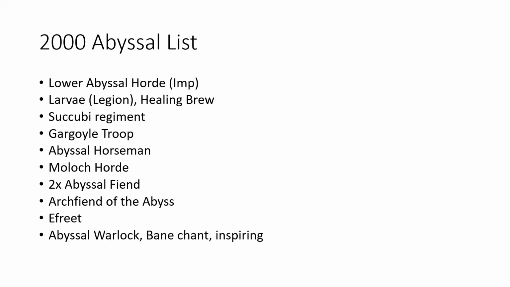For my opponent, I'm not super familiar with Abyssals. I've played them a couple times. I'm pretty sure this is close. He may have had a few spells or items, but this is close to it. A Horde of Lower Abyssals with a little healing imp dude. A Legion of Larvae with the Healing Brew, a Regiment of Succubi, a Troop of Gargoyles, I think it must be a Regiment of Abyssal Horsemen, and then a Horde of Molochs,